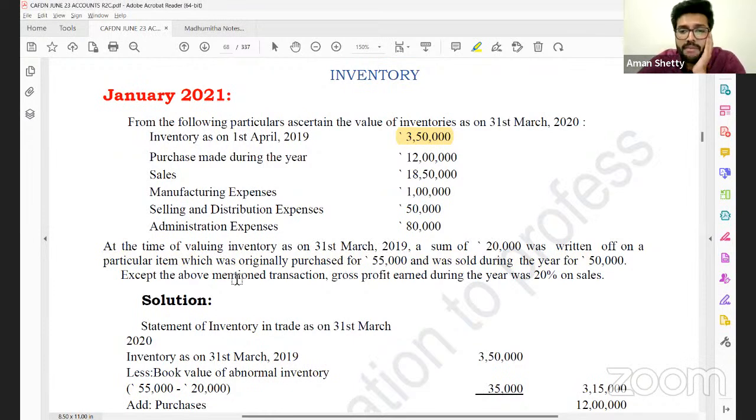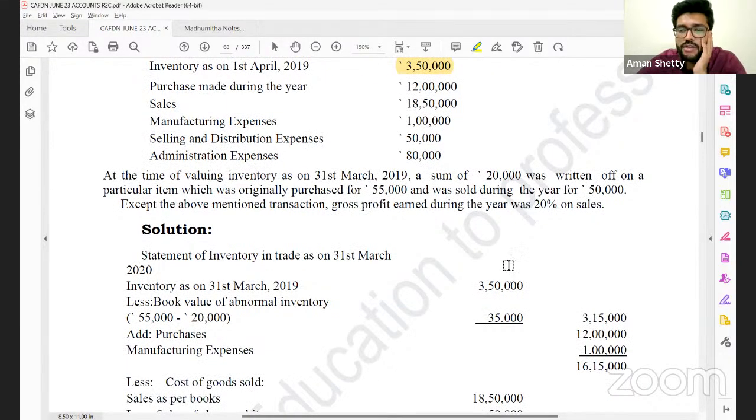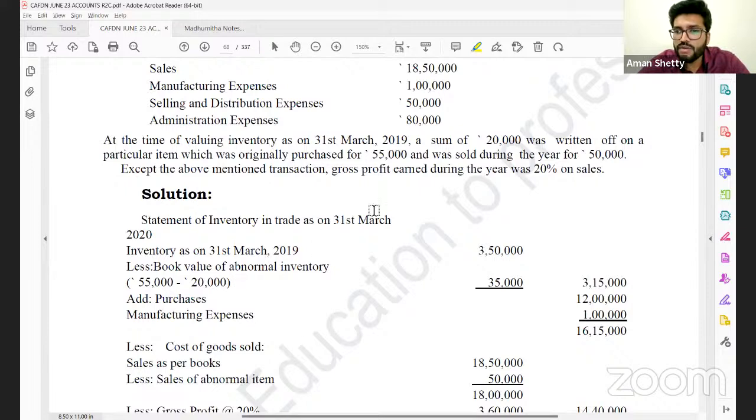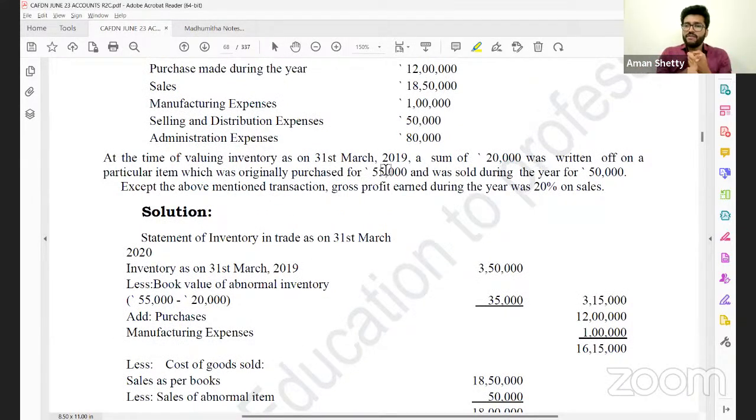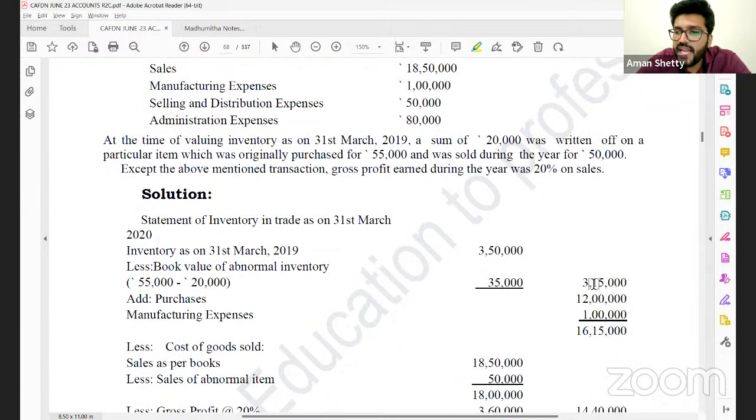Next. Except the above mentioned transaction, gross profit earned during the year was 20% on sales. Now you check this 3,50,000. You will remove this 35,000 because it is abnormal in nature. This is 55,000 minus 20,000. Why? Because the original cost is 55,000, and 20,000 was written off as on 31st March. Therefore, 35,000 is still a part of 3,50,000. All of you understood this? So, since it is abnormal in nature, it should be minus, and then you find out 3,15,000